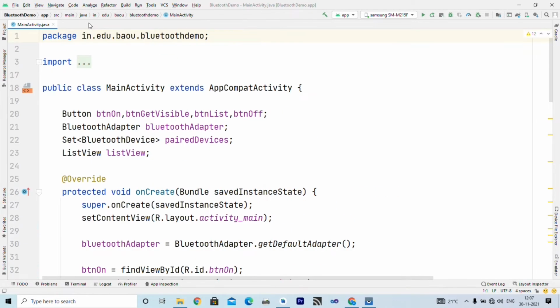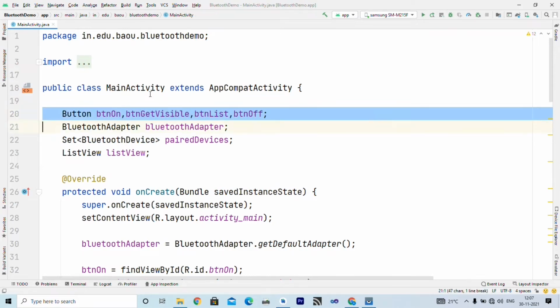Friends, this is my activity file, and here I declare 4 buttons: BTN on, BTN get visible, BTN list, and BTN off, to represent the 4 buttons available inside my layout file.